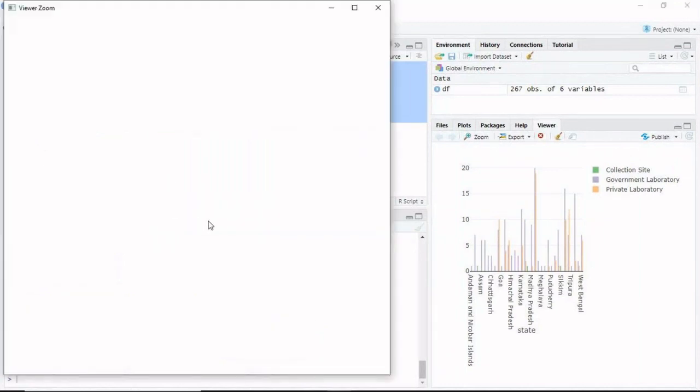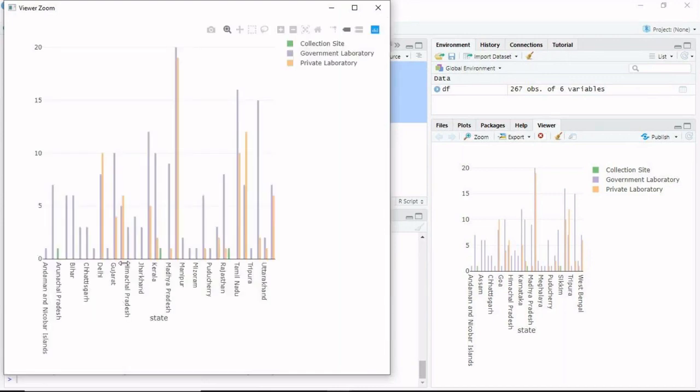Zooming in, see, I have already given this one as an assignment, how to display your names in such a way that whatever the length of the name, it should be displayed properly. See, Andaman and Nicobar Islands is a longer name, but we have displayed it in a proper way.